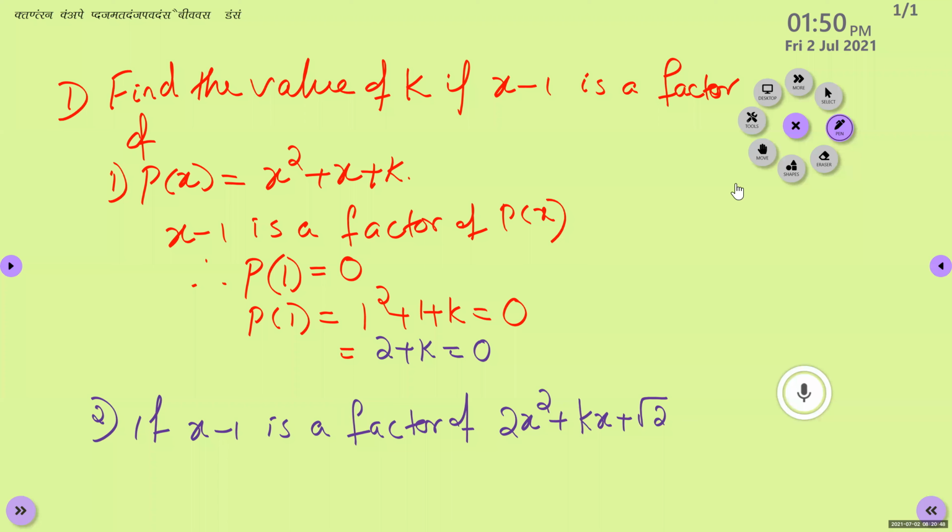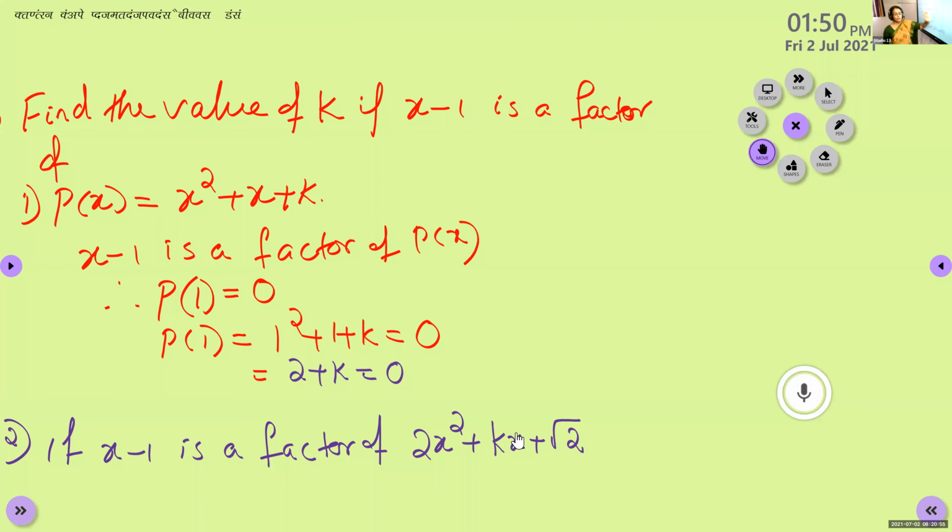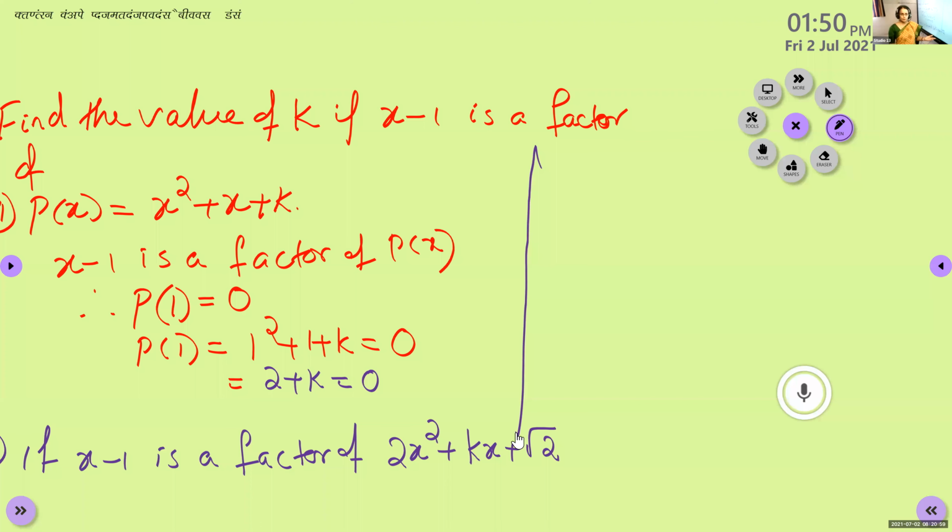Okay. See, listen to the board. Any doubt? Given in the question that x minus 1 is a factor of p of x. So we can say p of 1 equal to 0. Isn't it? No, Isha. If x minus 1 is a factor, p of 1 will be 0 by factor theorem. Is it clear, Isha? Yes. P of 1 is always equal to 0.